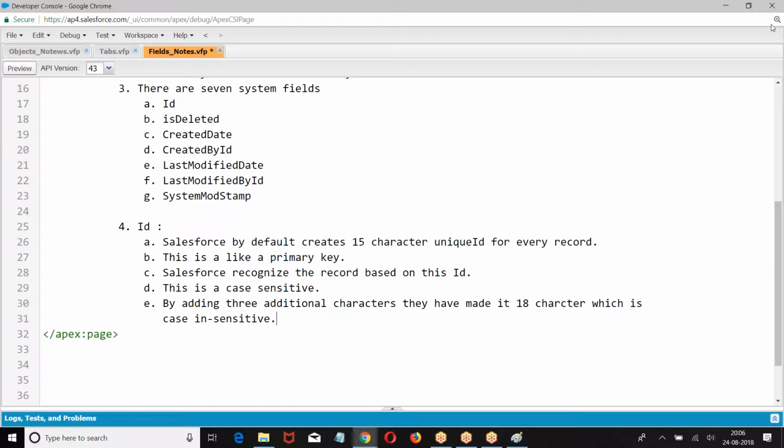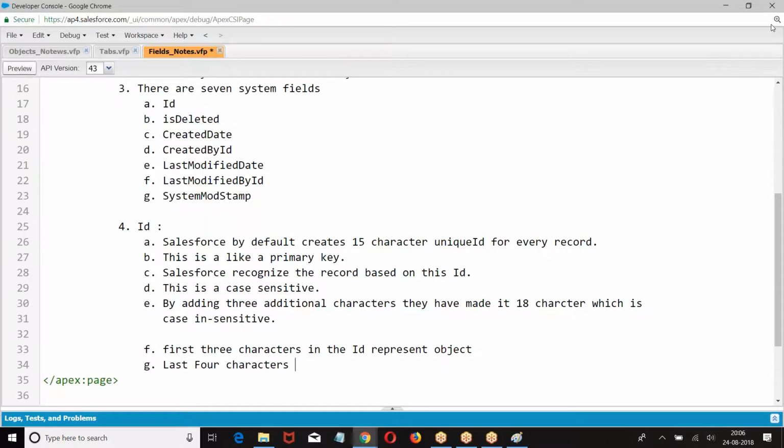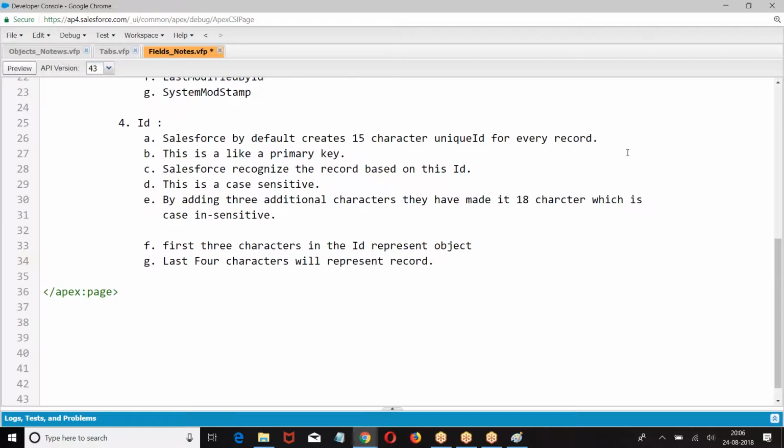Out of these 15 characters, the first 3 characters in the ID represent the object, and the last 4 characters will represent the record. Every object will have a 3 character code.